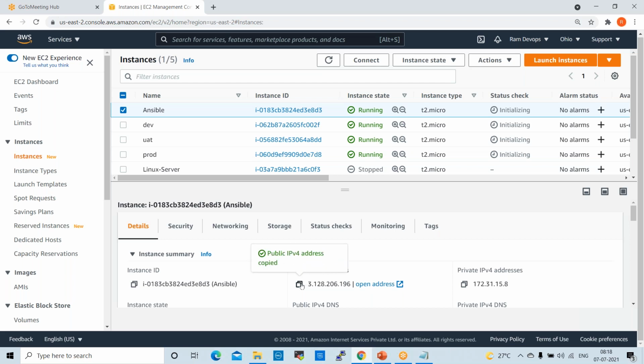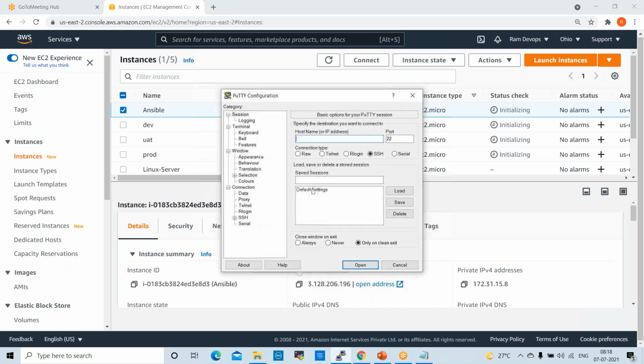Connect our Ansible server here. Copy public IP.